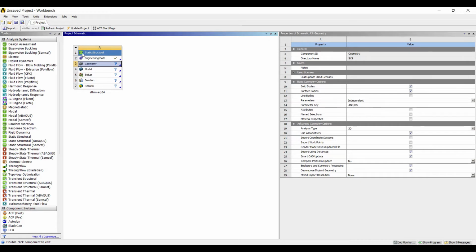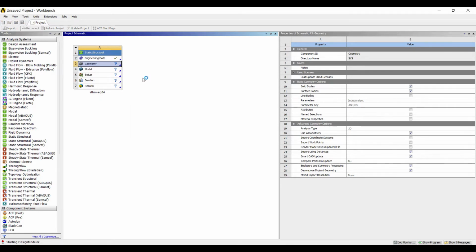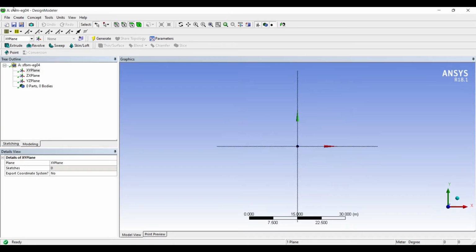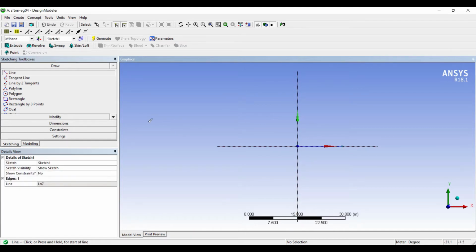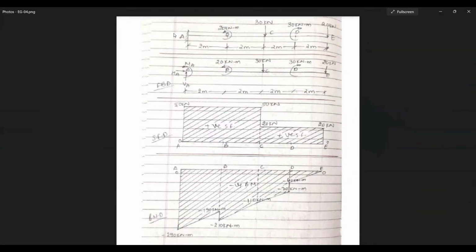I'll go to geometry, right click, new DesignModeler geometry. I'll go to XY, look at. The unit that I'm choosing is meter. I'll go to sketching, I'll choose line. I'll draw the first part of the beam AB and give it dimension. AB is 2 meter. In fact, all the parts of the beam are 2 meter.